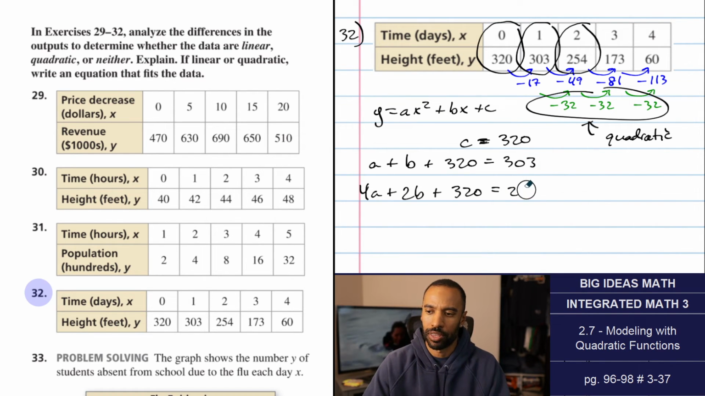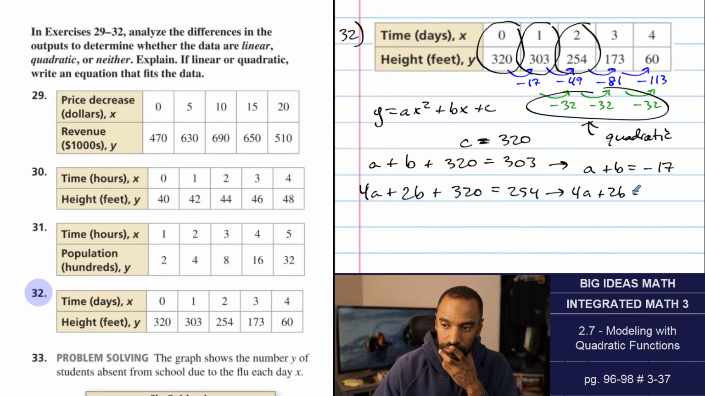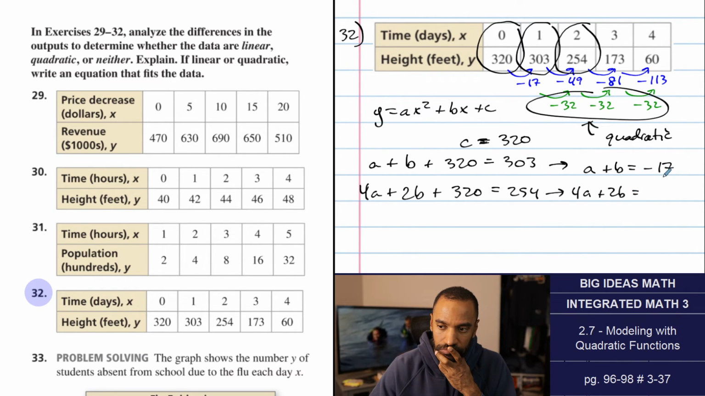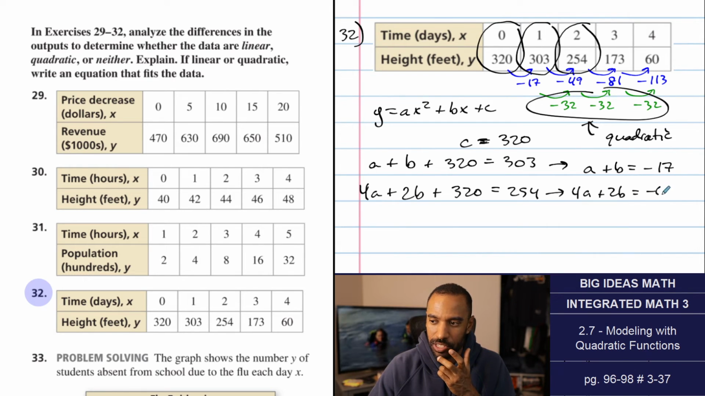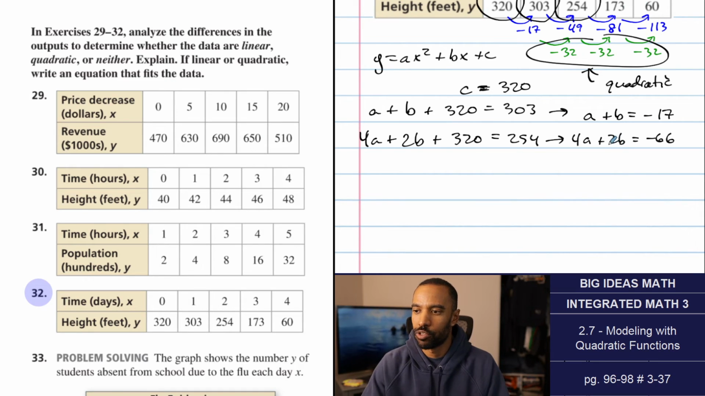Yeah, I think it's better that we use these numbers. Otherwise, we've got to do 4 squared and stuff like that. I think this is just best. Subtract 320 over. You get a plus b equals negative 17. And then subtract 320 over. You get 4a plus 2b equals... I'm having trouble. Negative 66? I think negative 66. If I divide those by, let's say, negative 2, you get negative 2a minus b equals